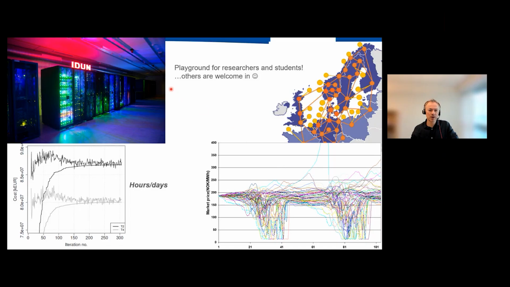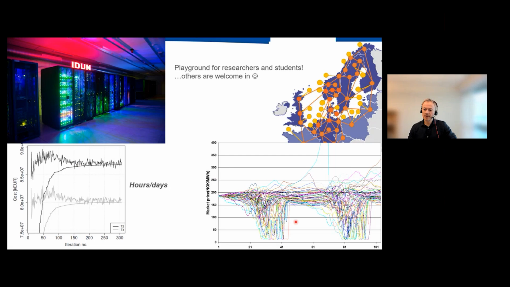Many of the students that we have running the code use the Eden supercomputer at the NTNU. This is computationally intensive since we are dealing with optimization, large systems, and many resources and long time horizons and so on. So it takes a long time to run it, but we have these figures that show that we have kind of a convergence for the model. It's seeking an optimal solution that takes some time and some iterations to have this convergence where you have an upper bound meeting a lower bound, and then you're within a convergence interval.